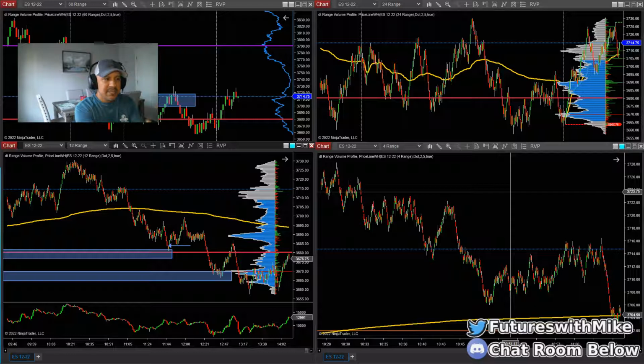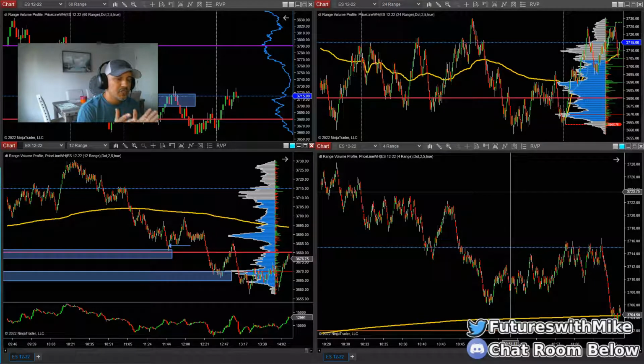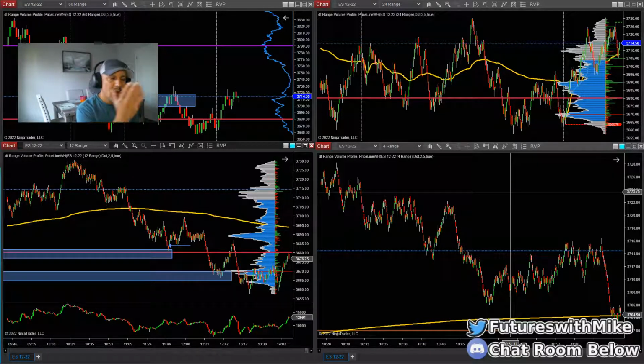Because like I said, sometimes on the 4 range chart, that setup where you're actually waiting for price that may have tapped into an area of supply and demand on the 12 range or anchor chart, but on the 4 range, again, we really are looking for structure breaks once price hits that area of supply and demand. But if the 4 range doesn't give us that opportunity where we see a structure break, then we may miss that play, okay, or setup.